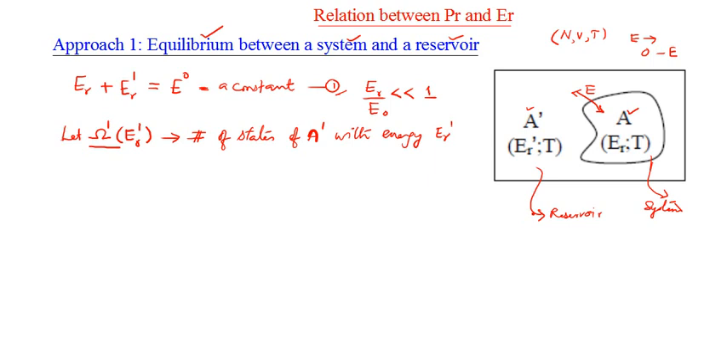E0 is a constant. So for example, just like I am writing, 98 plus 2 is equal to 100. Suppose that I am just taking some equation like this, and let's say that 98 is ER prime and this 2 is ER, and this 100 is E0. Okay, I can write like this. So the meaning is that